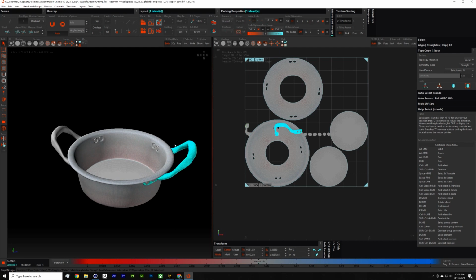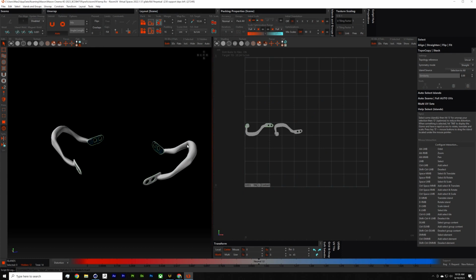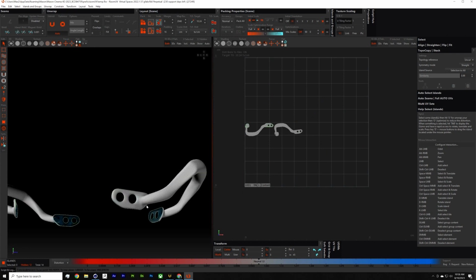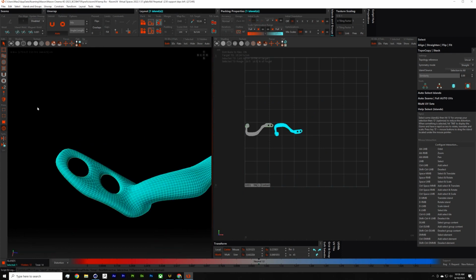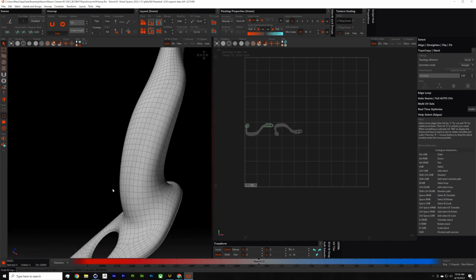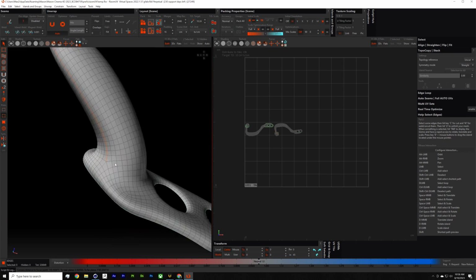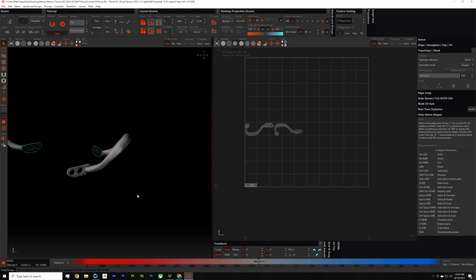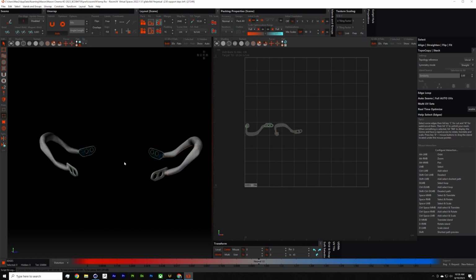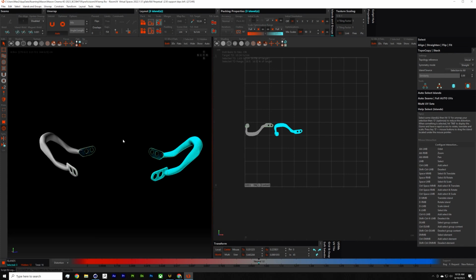And now we move on to the handle part. Click these two handles, hit I. And we are going to cut one of them, probably double click C, double click C. So it's super easy to cut, something like this, right? And this geo, the handle, is symmetrical modeling, so we don't need to cut the other one the same way,